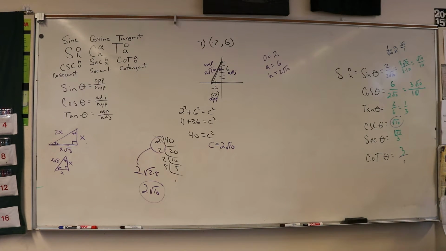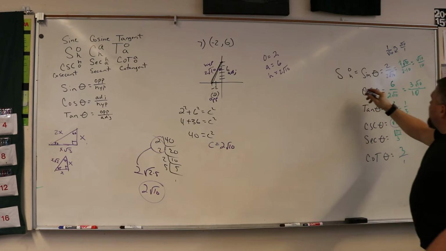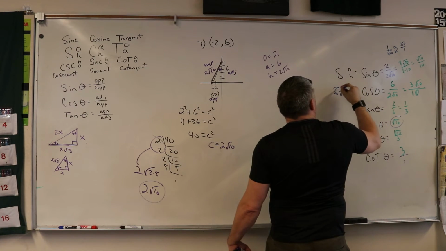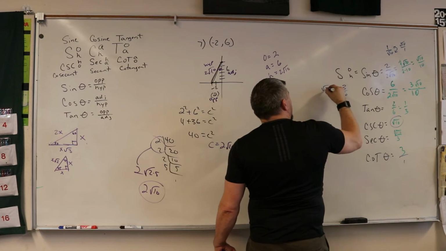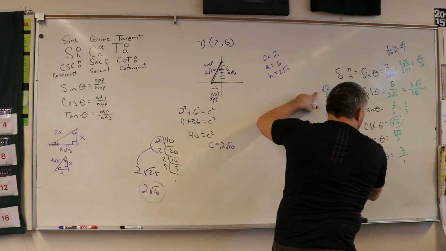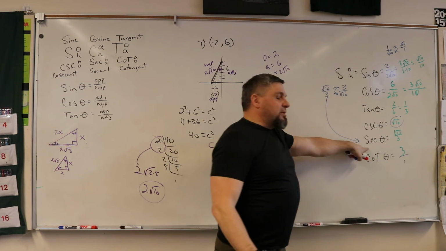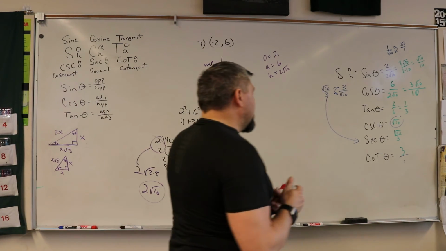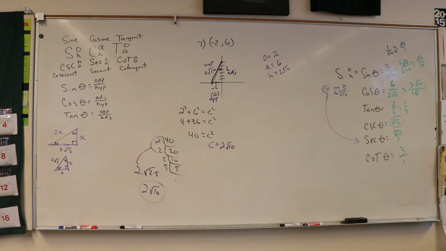Okay? And the same thing with secant, with the cosine, right? So I'm looking at it here, but I see this as a 3. Okay? So this is really 3 over the square root of 10. And if I flip that, right, then it's going to be the square root of 10 over 3. And that's how I got from cosecant or cosine to secant. Does that make sense? Better? Yeah. Good. Any other questions? Those are good questions because